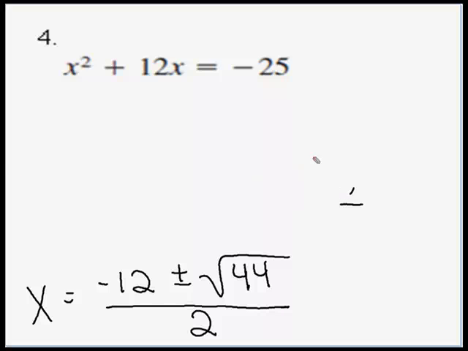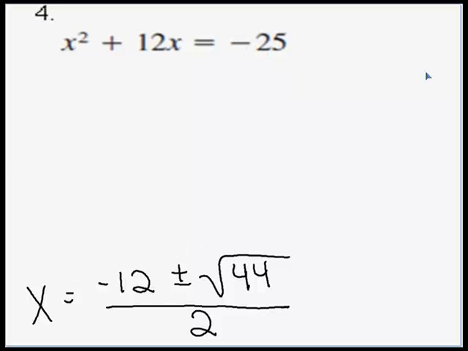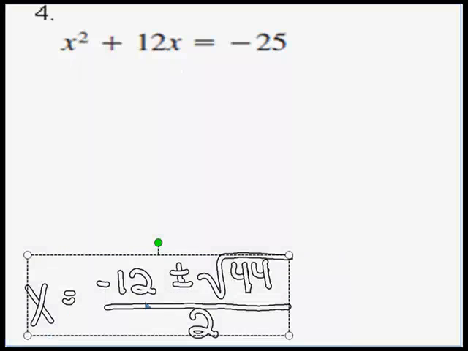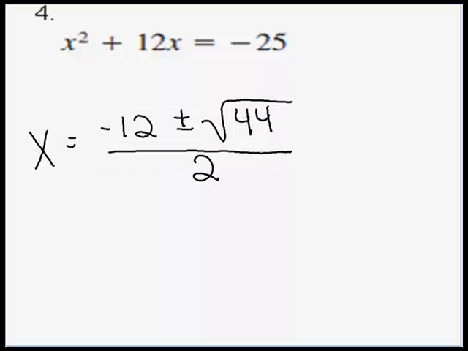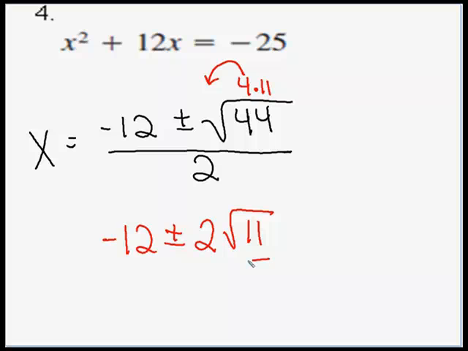It's not as simplified as we can make it. Under the radical is a 44. Is there a hidden perfect square under the radical? Well, 44 is 4 times 11. 11 is prime. 4 is a perfect square, so we can square root the 4 and bring it out. So we're going to have a negative 12 plus and minus the square root of 4 will come out as a 2, and then the 11 is stuck under the radical,